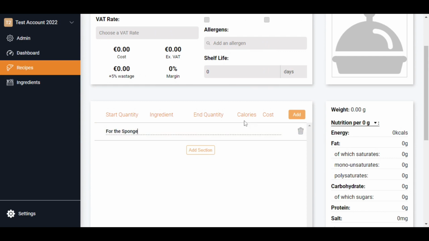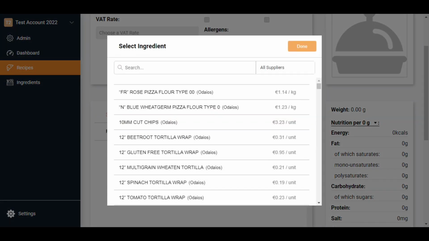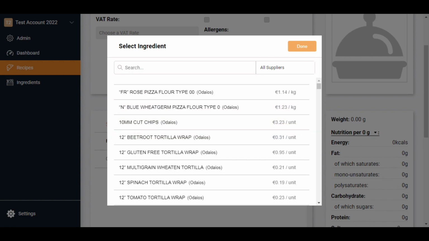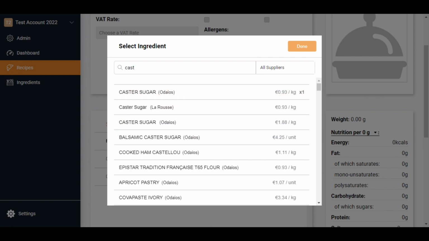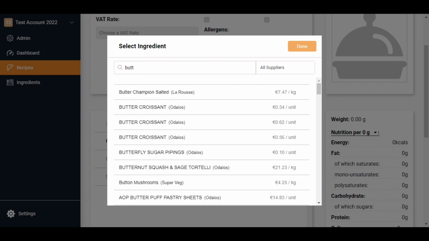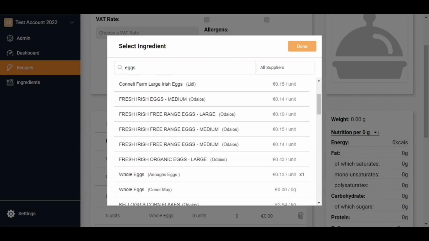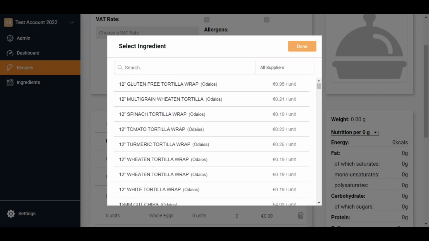So again, when you're using Prepsheets, you can do your section. So we'd have for the cream and to serve. Add in here, and I'm going to put in, say, walnut pieces. I'm going to put in caster sugar. I'm not going to put in everything, butter. I'm going to put in eggs, bananas, and I think I'm going to put in milk, full fat milk, I'd say